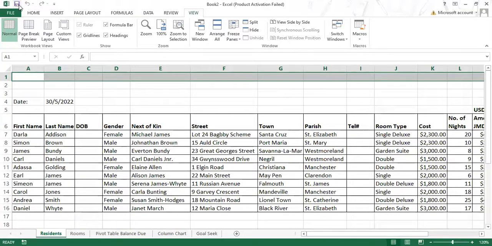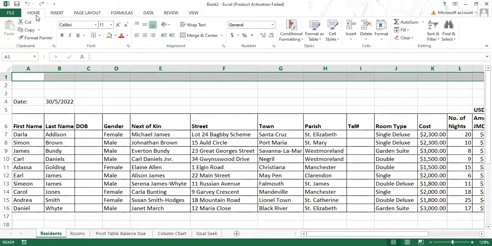So I'm going to go to the Home tab. Make sure you're on the Home tab. And I'm going to look in the alignment group, and I'm going to look for Merge and Center. When I click Merge and Center, it will take all those cells and make it into one, and it will center the cursor when I'm typing. So I'm going to type Angel Care,